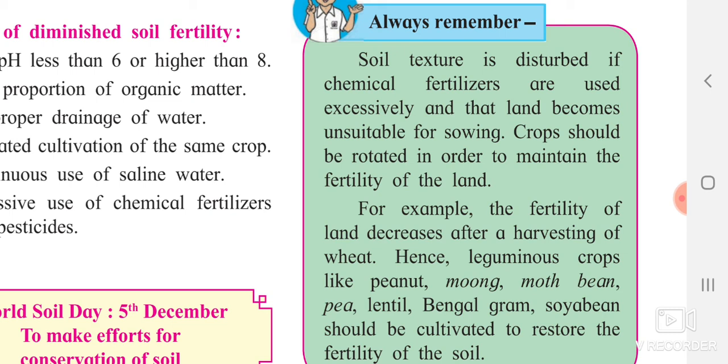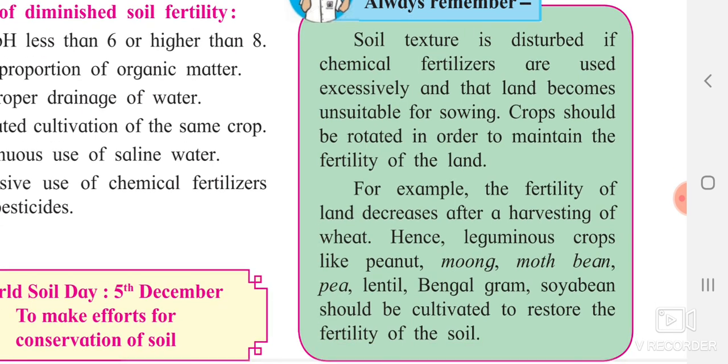As I have told just now, you are not supposed to grow the same crop again and again on the same land. Try to shift the crops. For example, if you are growing rice crop in that particular field, the next time you are supposed to grow some other crop, some vegetables, after the next season, and then grow the crop again. So what happens, the fertility of that soil is maintained.